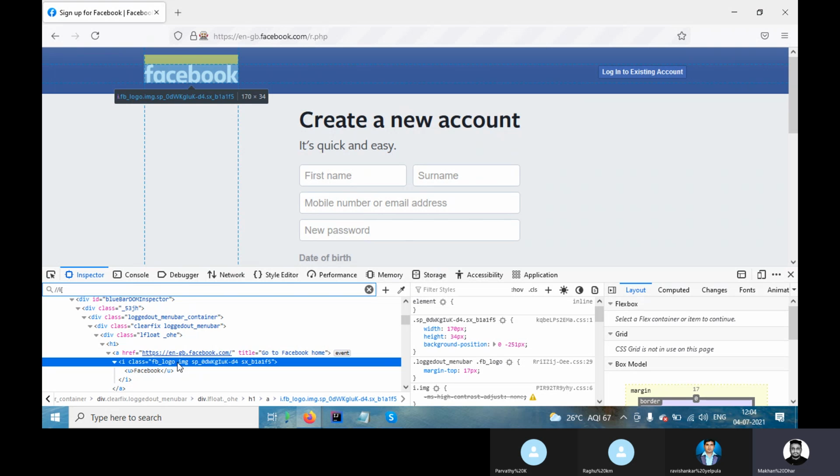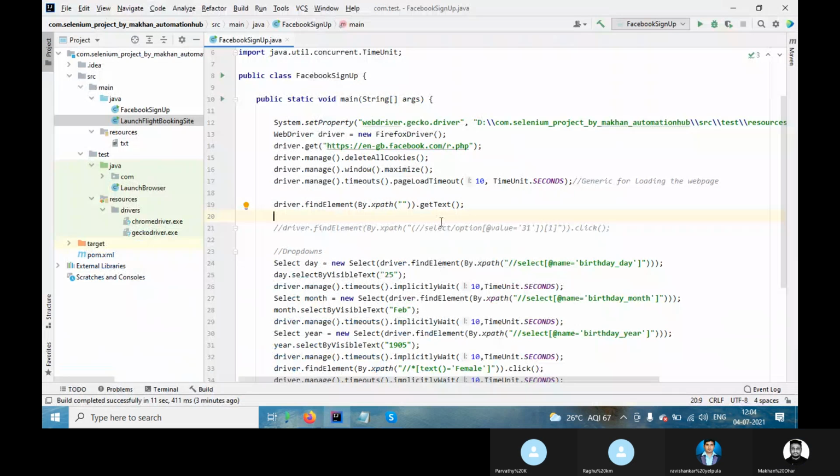So I'm saying, this is the class, start class and bracket close. So we are getting this, right? Just copy this, and wherever you mention this XPath, just mention it. You want to validate, right? To validate, we have to print.